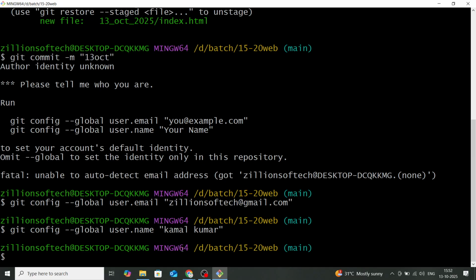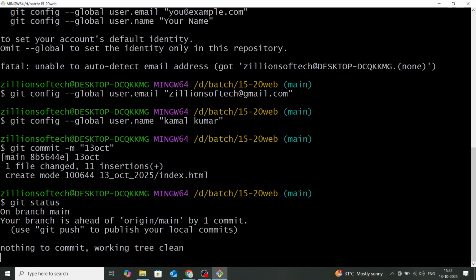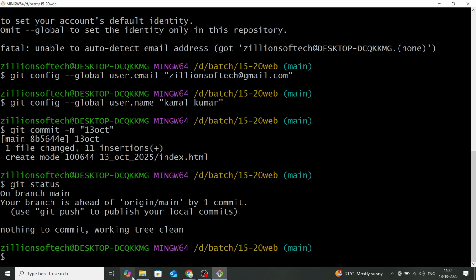Now if I try to commit, to repeat the earlier command, just press the up arrow on the keyboard. There are four arrows, up, down, left, right. I'm going to press the up arrow, and now we have the command git commit -m. Now it's committed. When I do git status, it says your branch is ahead of origin